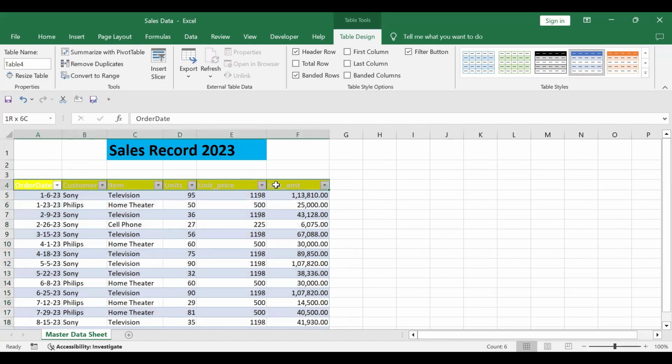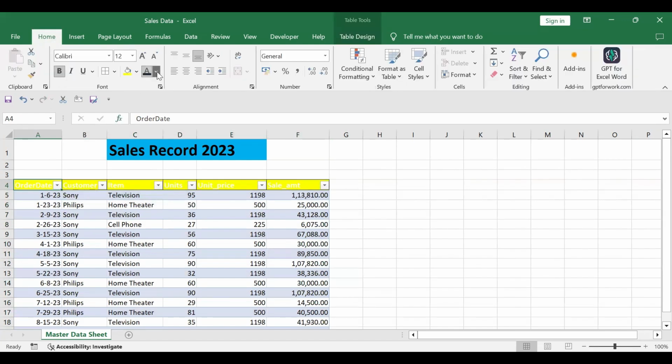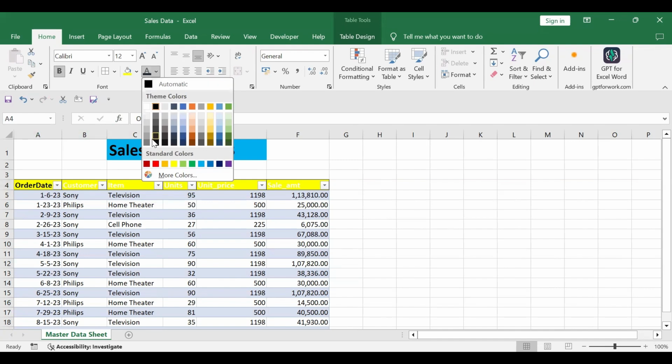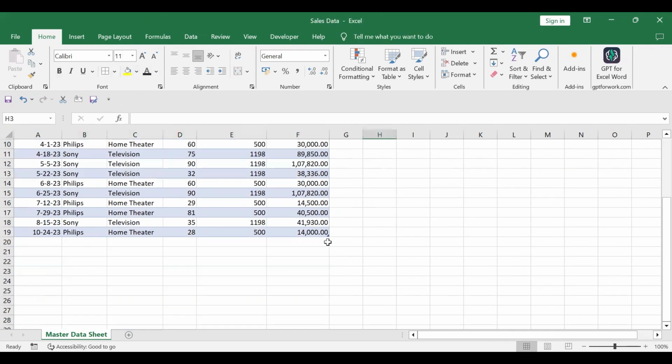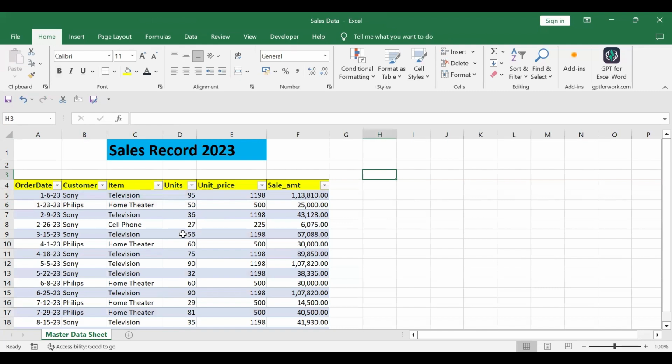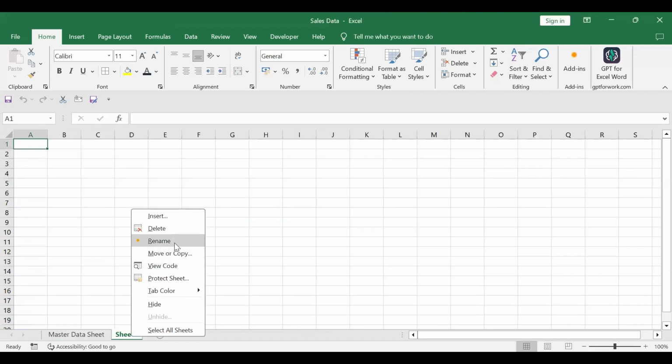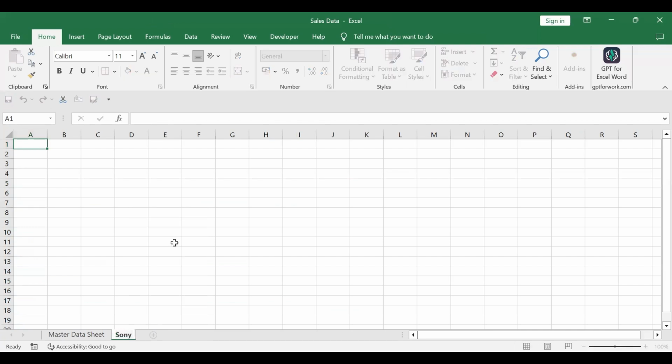So for these headers, the fill color you can keep as yellow. For font color, you can keep black. I'm selecting the entire headers, and I'll keep the font color as black, right? Now your data is ready for transfer. Now we will create two sheets. One is for Sony customer and another is for Philips customer. This is for Sony customer data, and this one is for the Philips customer data,